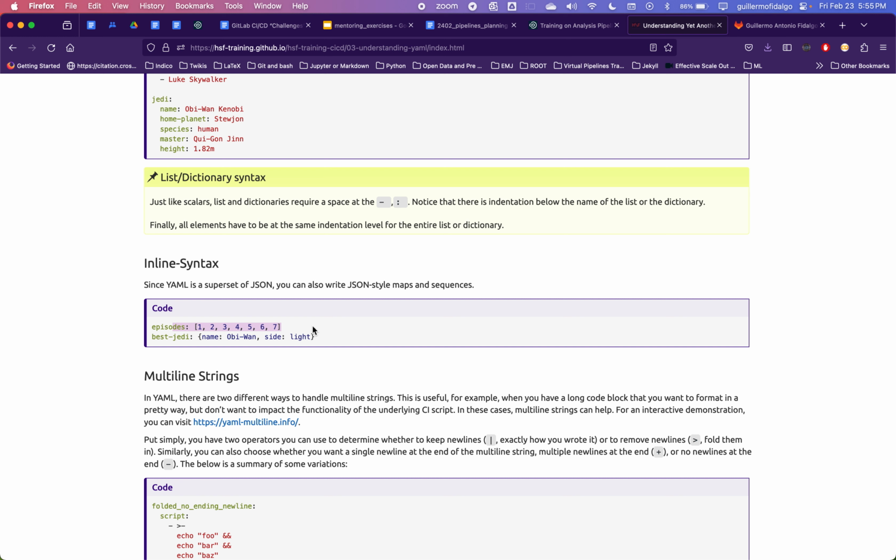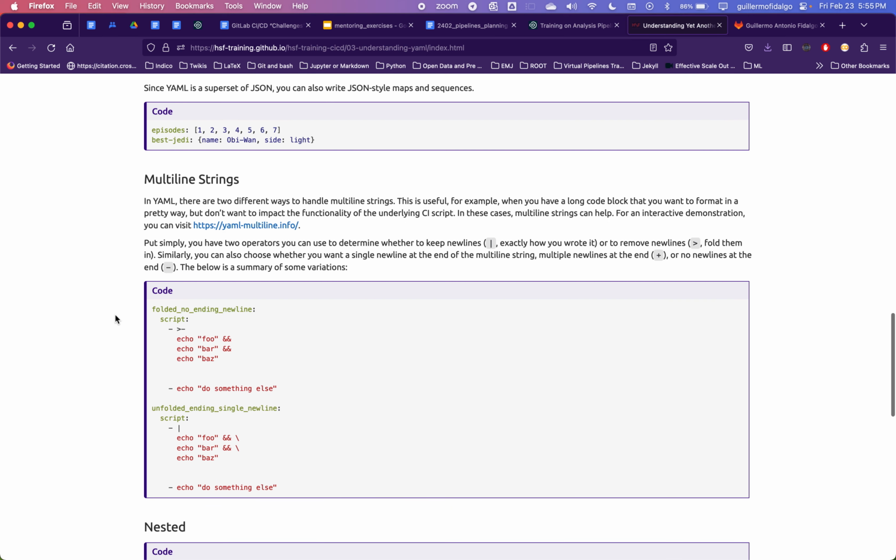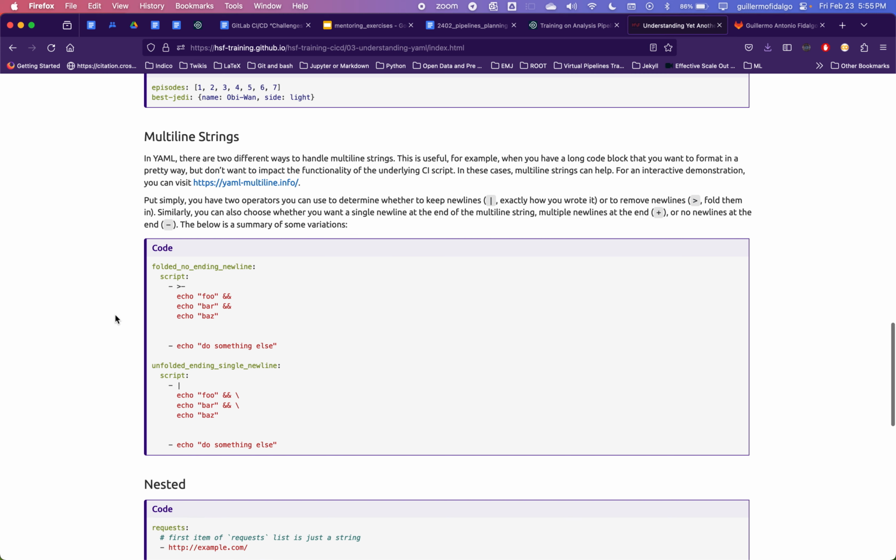So if you understand how to write lists and dictionaries in JSON, YAML can understand those as well. There's also, and this is mostly useful when you're writing scripts or multiple steps of commands that you want to be executed in the CI,